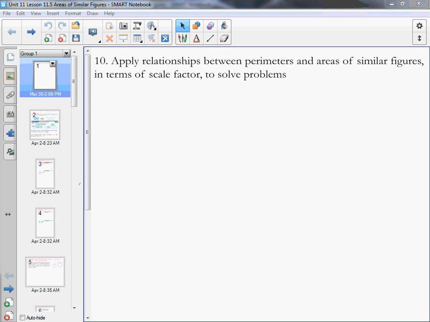Any corresponding parts of similar figures can give you the scale factor. So if you have the lengths of a pair of corresponding altitudes, that can give you the scale factor. If you know the lengths of a pair of corresponding apothems, that can give you the scale factor. The perimeters can give you the scale factor. Okay? So as long as it's corresponding parts, it's pretty much fair game to give you the scale factor. All right? So if we look here,